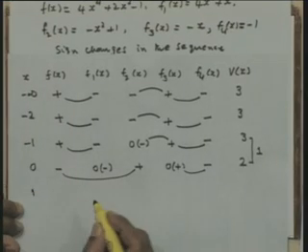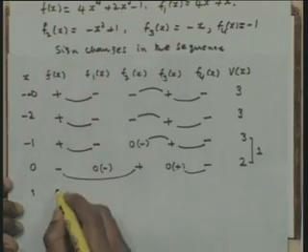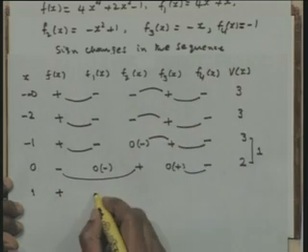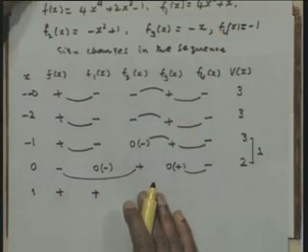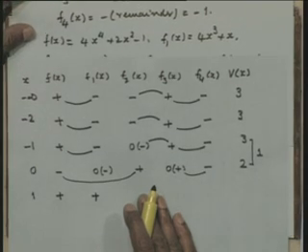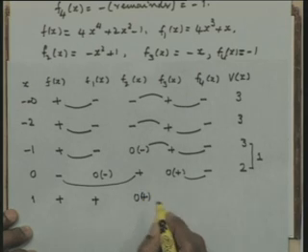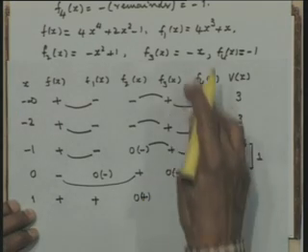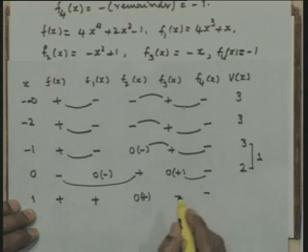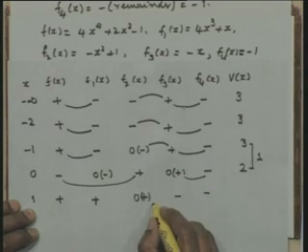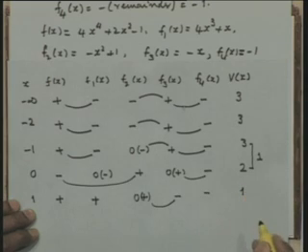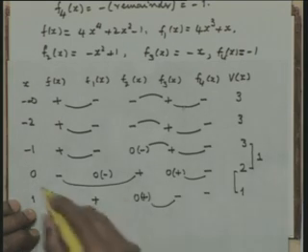Therefore, there is a negative root between 0 and minus 1. Then let us take 1. If I take 1, this is positive, this is positive, f1 is positive. Then if I take f2, this is 0. So, I continue the plus sign. When x is 1, this is negative and this is also negative. Therefore, I have one change in sign here. Again, there is a change in the value of V of x. Therefore, there is a root between 0 and 1.